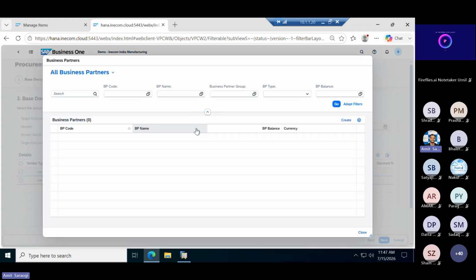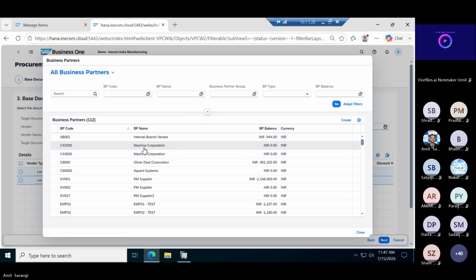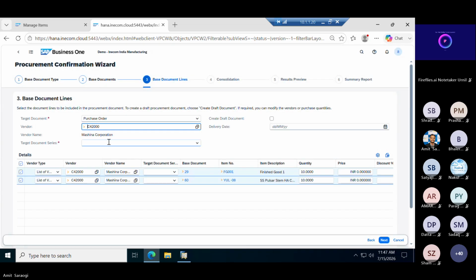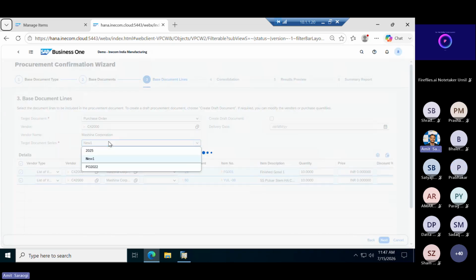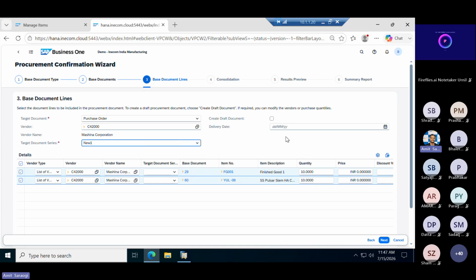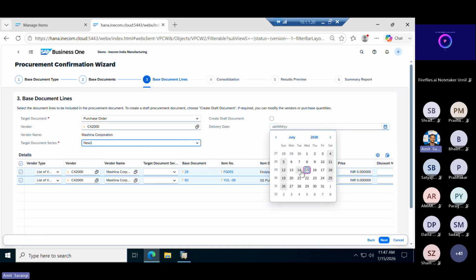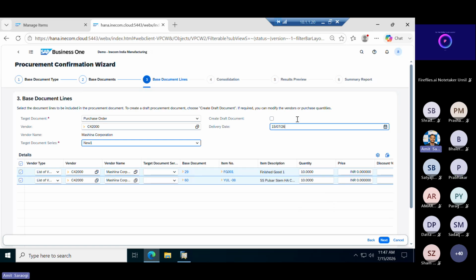We can choose the supplier. We can have the document series defined. And what will be the expected delivery date from the supplier. So once this information is there, you can